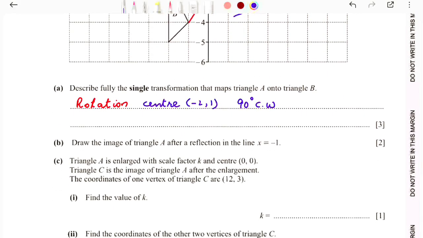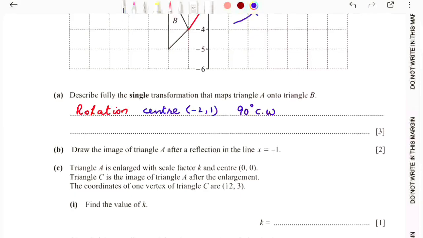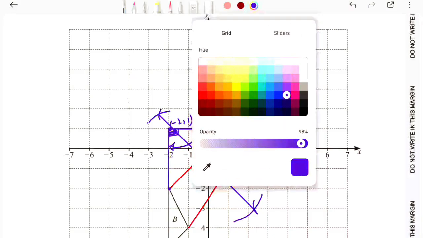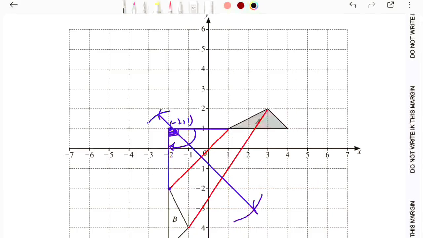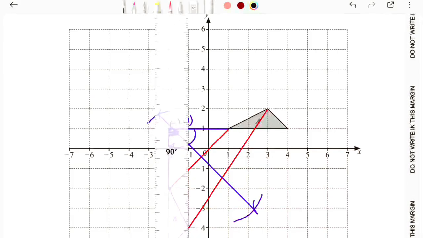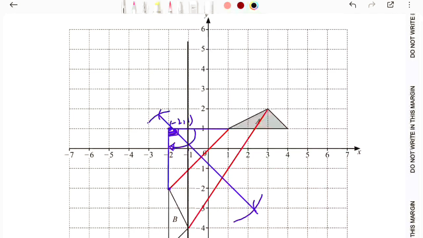Now moving towards B part. Draw the image of triangle A after a reflection in the line x is equal to -1. So students, your line x is equal to -1 would be here, and this is your line of reflection, that is x is equal to -1, and we have to reflect